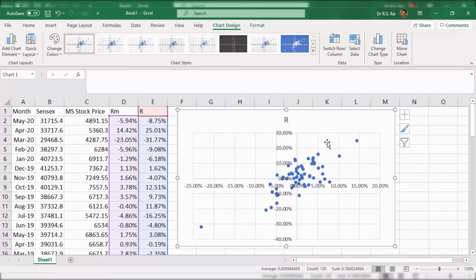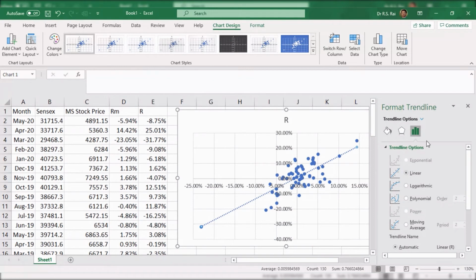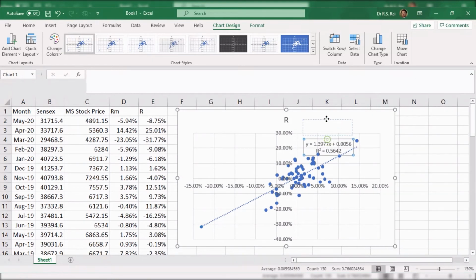Now to get the slope, we just click any of the data points, right click and click add trend line, and from here on the right hand side you'll see that it shows linear by default. So just press display equation on chart. This would show you the beta value, and display R squared value on the chart. So these values are here.